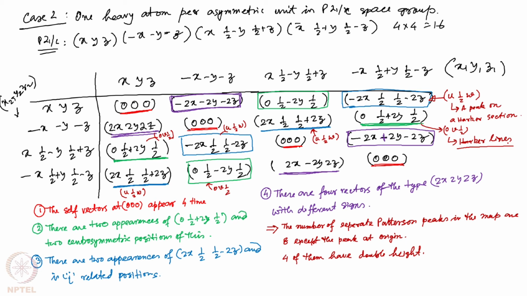So once we determine the position of the heavy atom accurately, that information can be fed into the refinement program, and the phases of other reflections which were not determined before can be determined, and by doing a delta F synthesis one can complete the structure solution for the other lighter